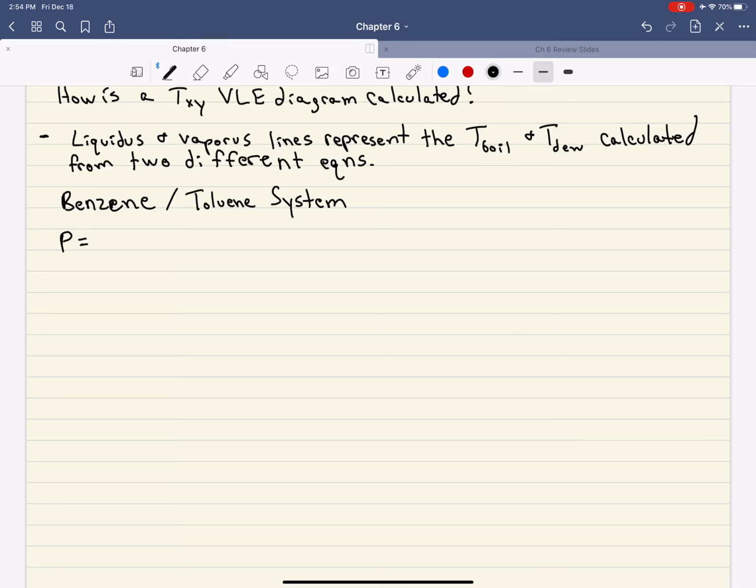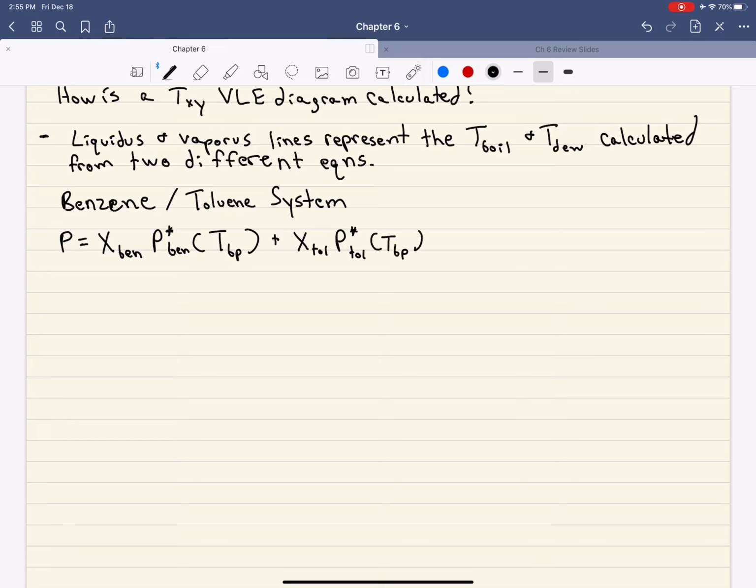Where we have pressure is going to be equal to the mole fraction of benzene in the liquid phase times the vapor pressure of that benzene at the boiling point, plus the mole fraction of toluene in the liquid phase, and also its vapor pressure at its boiling point,